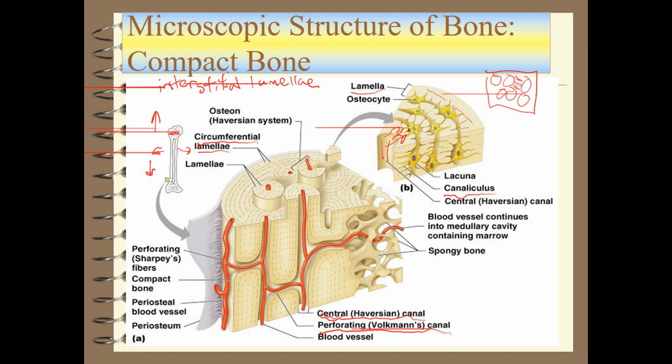So the interstitial lamellae would just be right in here, in between two osteons. There's just going to be a little bit of filler, and in here there's going to be some filler. So it's just those parts of the lamellae that are not part of an osteon, and they're not the circumferential lamellae. Okay, so that covers the microscopic structure of compact bone, identifying all of those parts. And that's the end for part